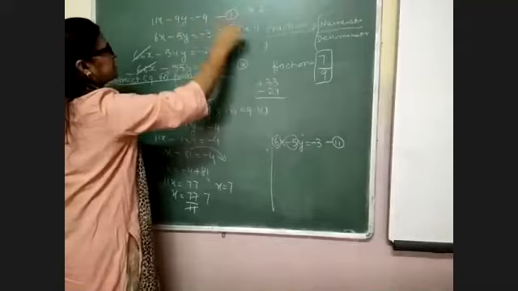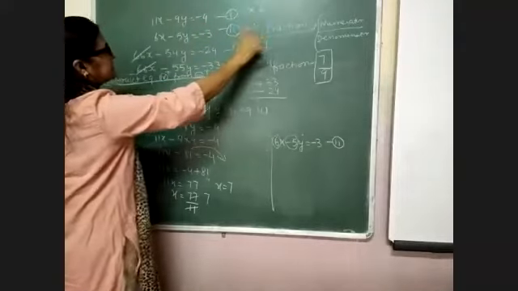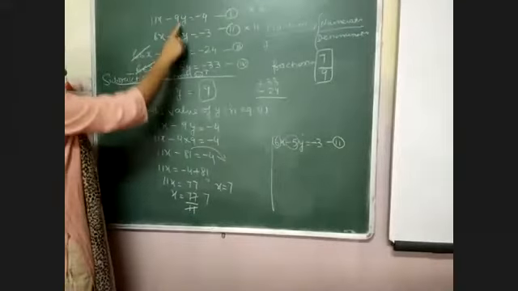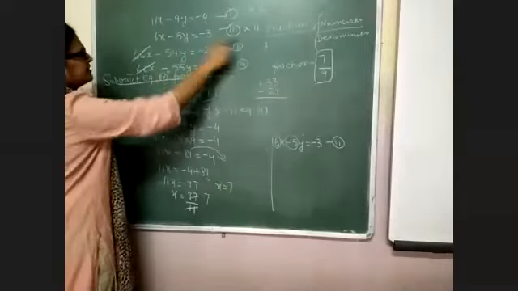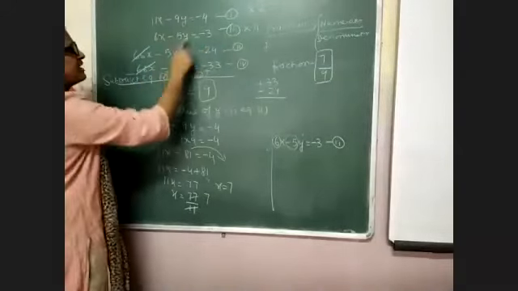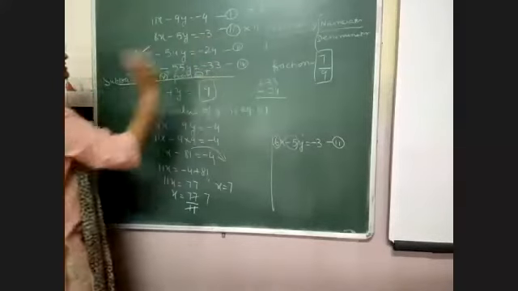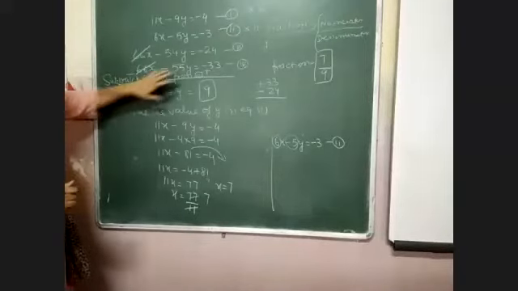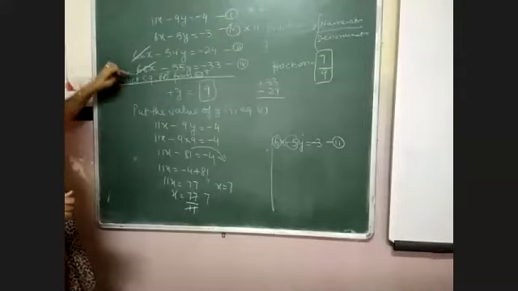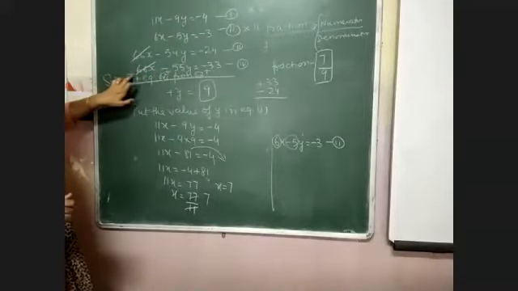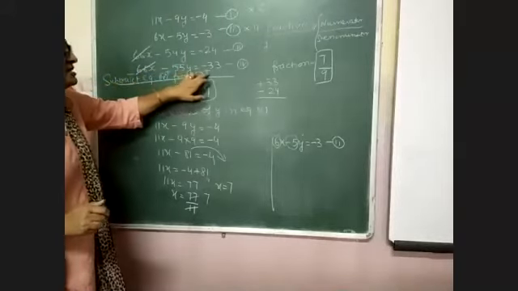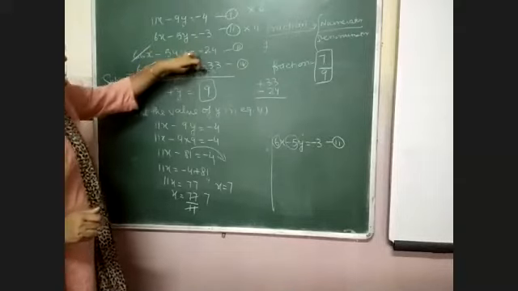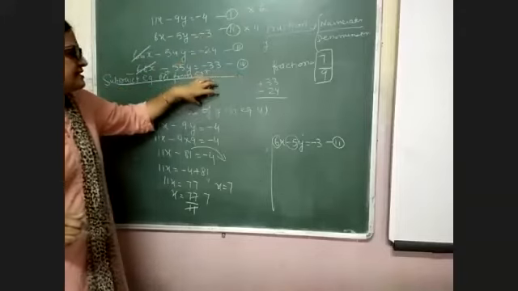To make them equal, I multiplied equation 1 by 6 and equation 2 by 11. So it becomes 66x minus 54y equals minus 24, and 66x minus 55y equals minus 33. Now both signs are equal, plus plus signs are given, so subtract equation 4 from 3. So signs are changed now. This is plus, it becomes minus, minus becomes plus, and minus becomes plus. Then plus 55 minus 54 is y, and plus 33 minus 24 is equal to 9.